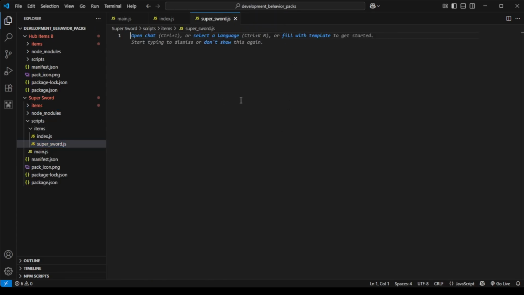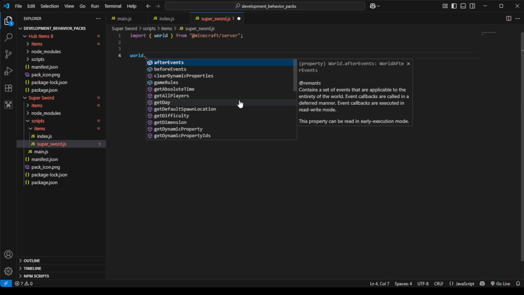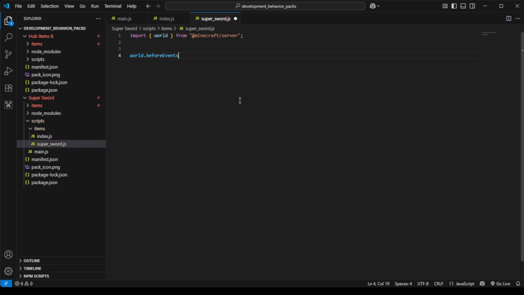So the first thing we can do is import, and then curly braces like that, and then world, then space, then from, double quotes, @minecraft like that. After that we can go down a bit, and now we're going to listen to an event. We're going to listen for when I use this item. So we're going to do world.beforeEvents.itemUse